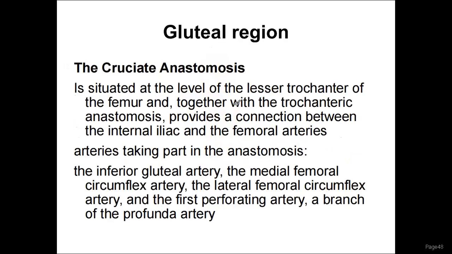Now let me talk about the cruciate anastomosis, which is lower, right? This is basically at the level of the lesser trochanter. Basically, together with the trochanteric anastomosis, this provides enough blood supply as well to the head, and also forms a connection between the vessels of the internal iliac, remember the gluteal, and also the femoral arteries. So that provides an anastomosis. So that being that, it's very important also to understand the vessels taking part. So what you do is you have to delete the first, the superior